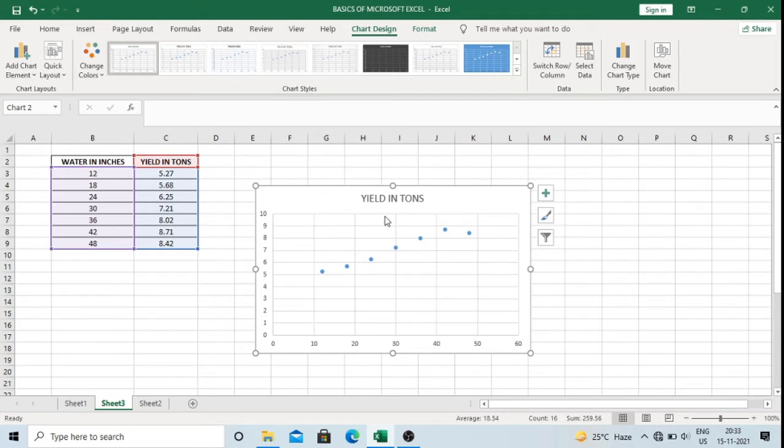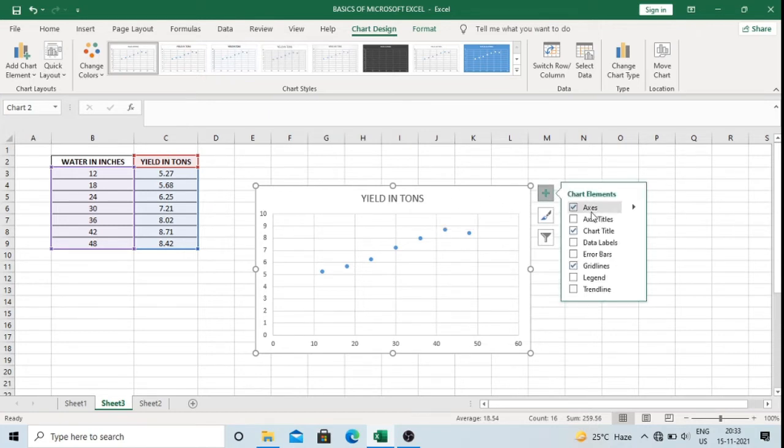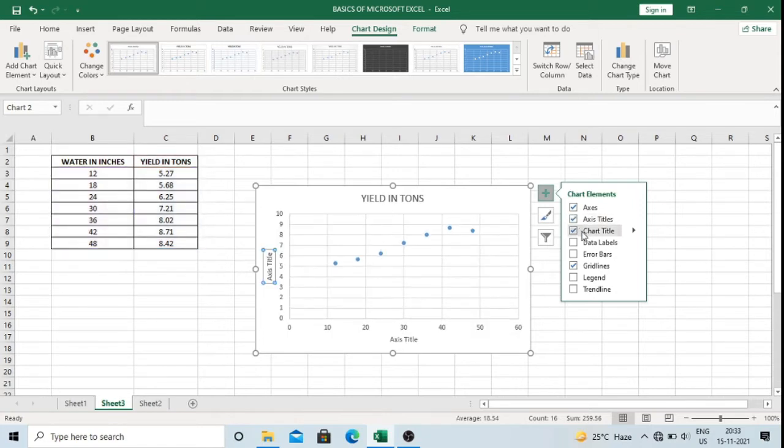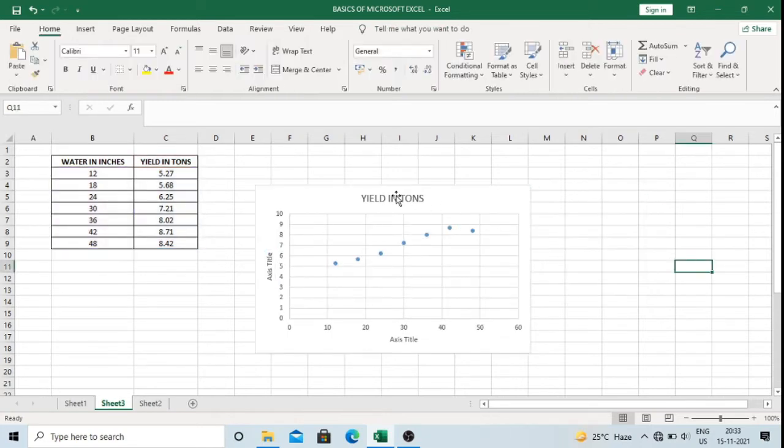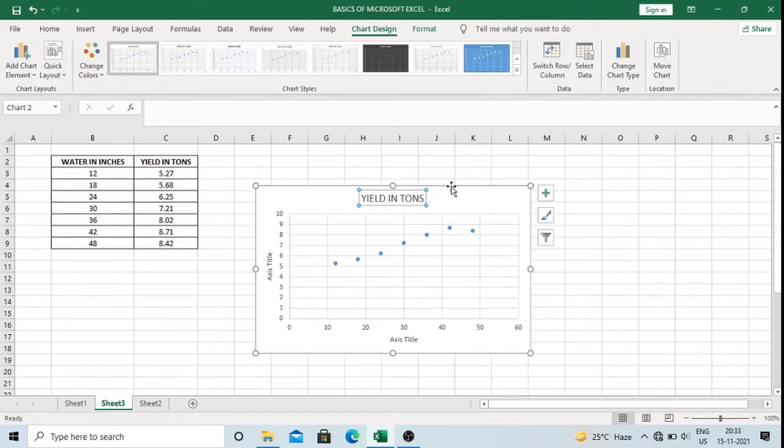Now I will put the axis title and chart title in the scatter diagram. So I will click on this. I will select axis title. Then I will have to give the chart title. I will select here and then I will type it here as